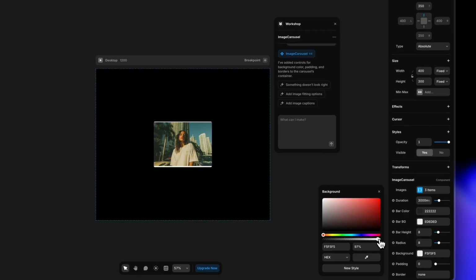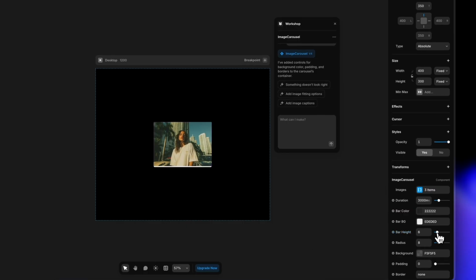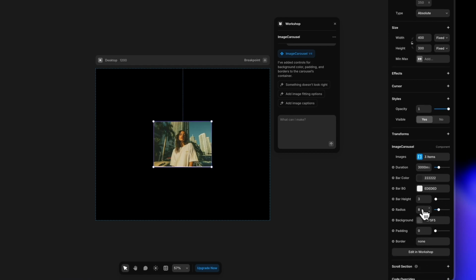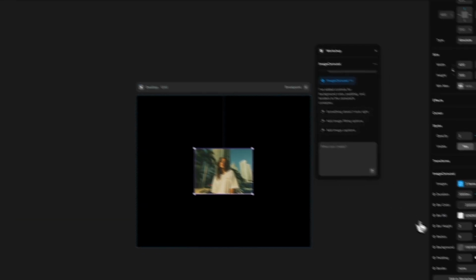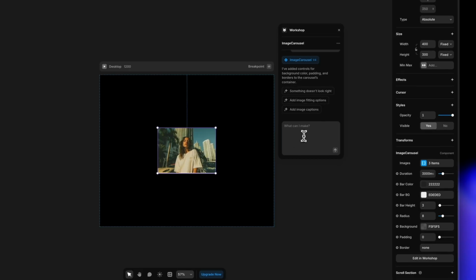So there we go. I'm going to remove the background color. I don't want that. And also let's just change the bar height slightly and also yeah, let's just have a look at this once before we do anything else. Okay, this is what it looks like, but it sort of moves quickly and I don't like the interaction as such. And this is not what I wanted also.